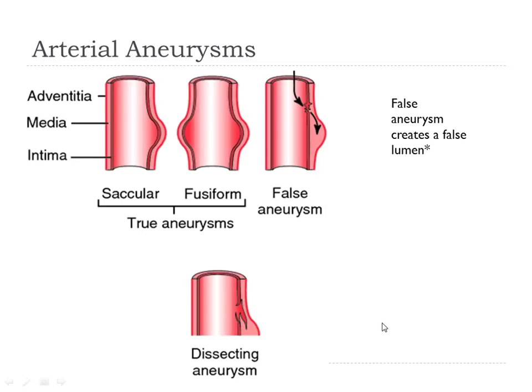So here you go. See how it's torn here? It's a dissecting type, and it's leaking into one of the layers of the artery. The dissecting is kind of like a false aneurysm. See, dissecting is false, but those true aneurysms are the ones where it pokes out, right? So a weakened area. I said the word wrong, but I had a good guess. But you get the point, right?